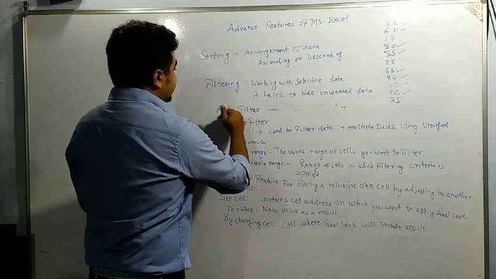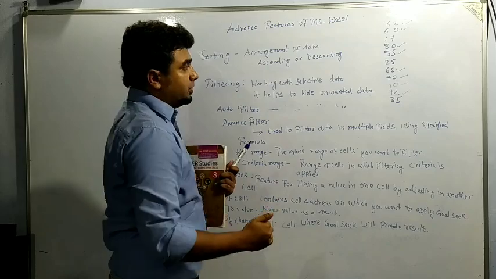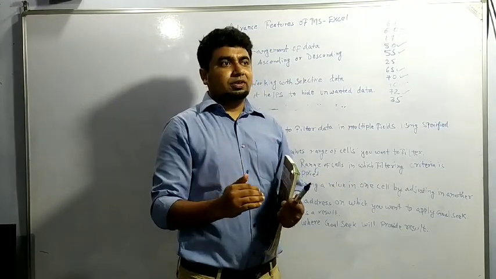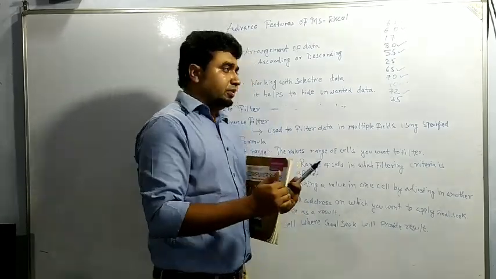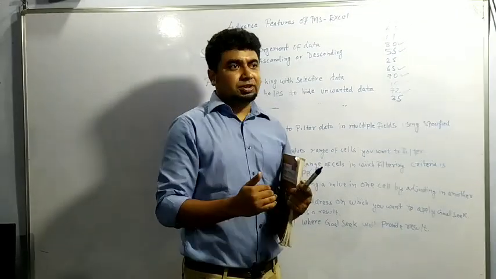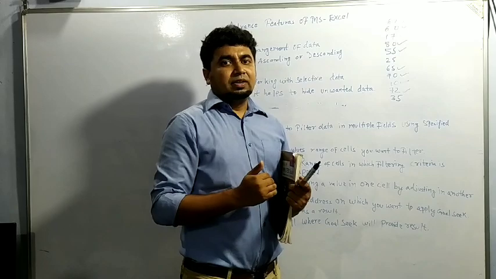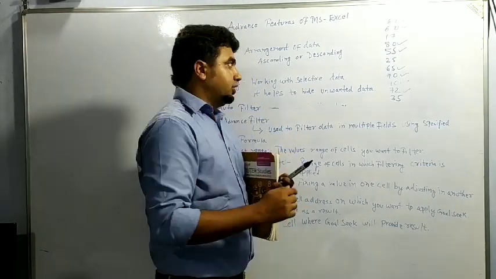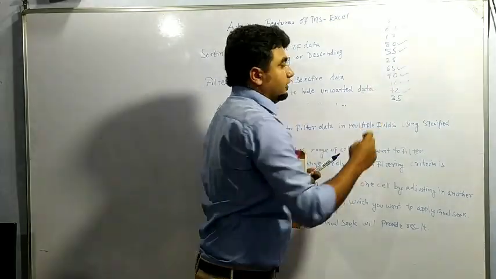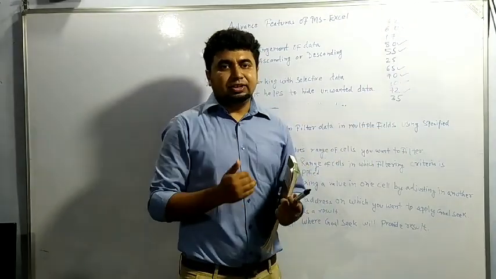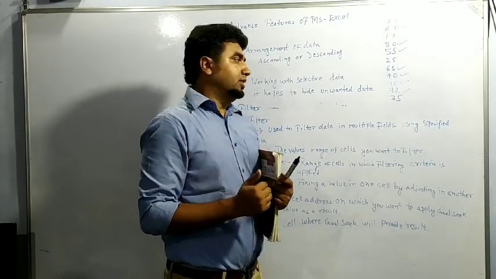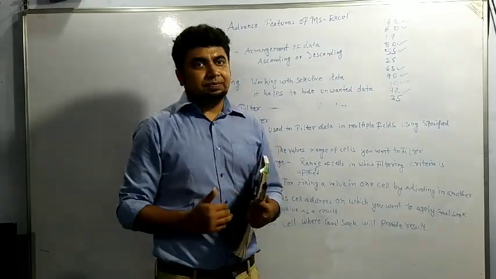Now, one way is auto filter. Auto filter means the data will be arranged either from smallest to largest or largest to smallest, or if you are arranging the data alphabetically, from A to Z or Z to A. That is also one of the ways. Or you can just tick some options that appear, checking the options. That is also one of the ways. We will discuss that in the practical part.